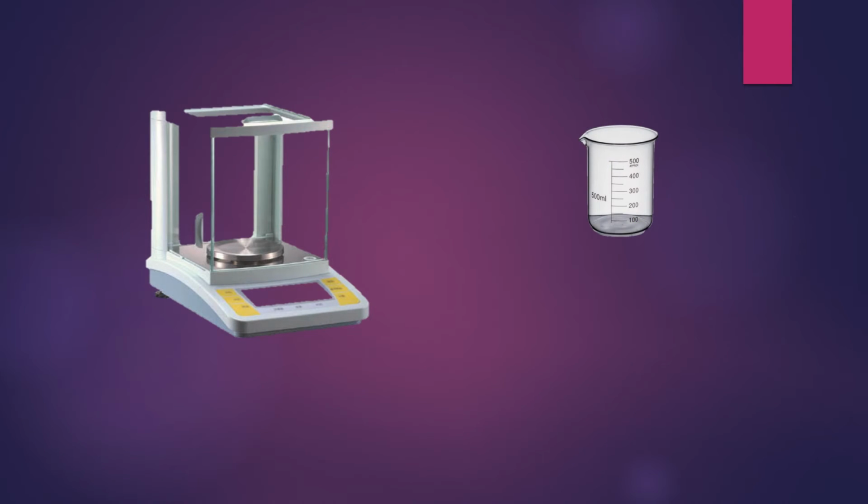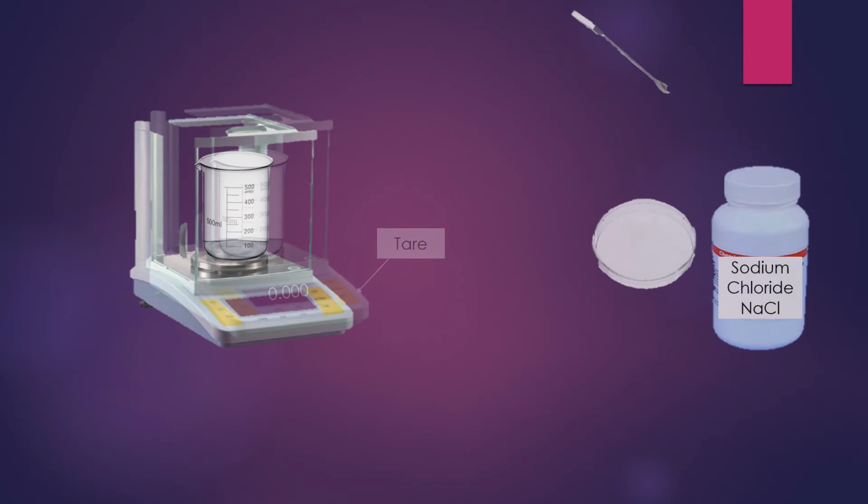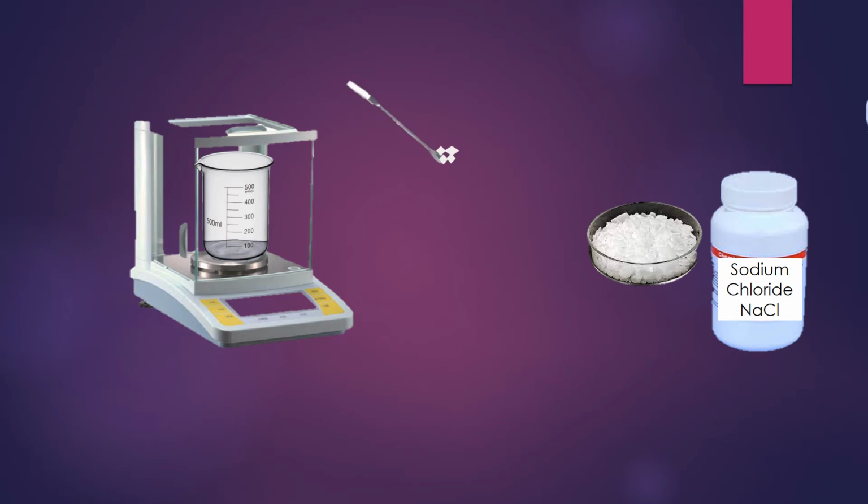First of all, turn the weight balance on. Now place the empty beaker on the weight balance. The weight balance displays its weight. Now press the tare button. You can see that the weight balance shows the weight of the beaker as 0. Take 1.65 grams of sodium chloride in the beaker